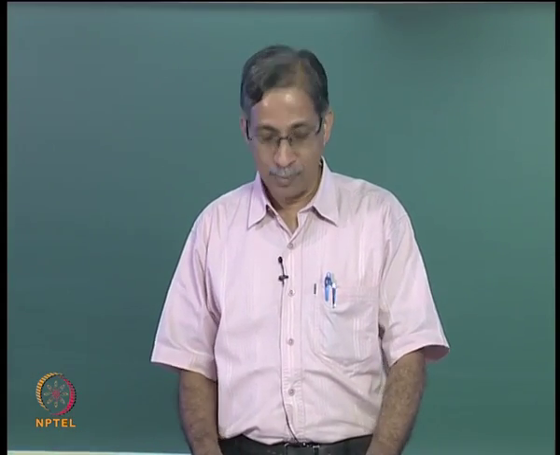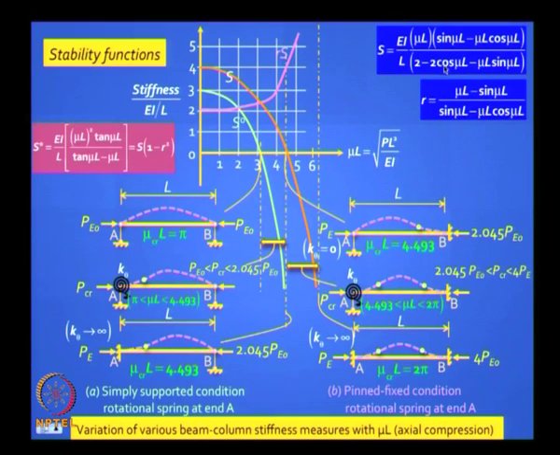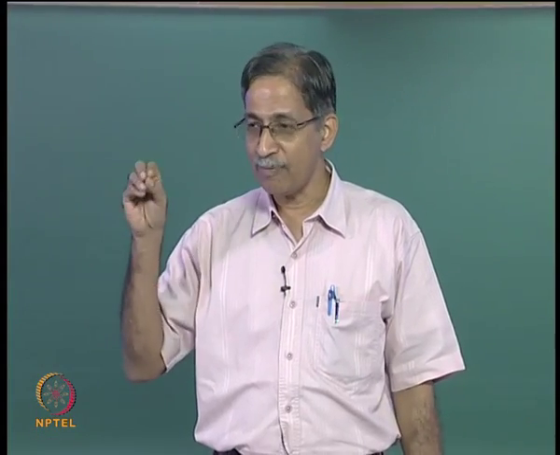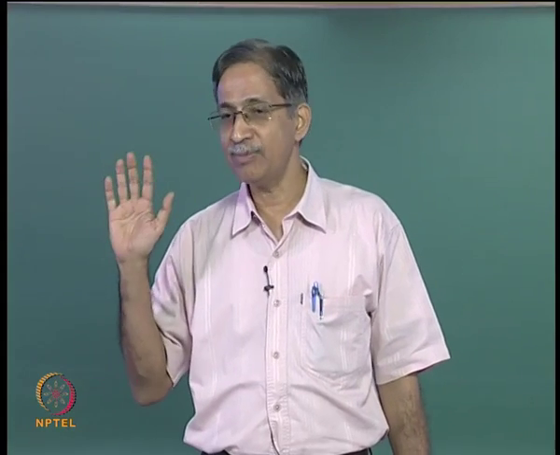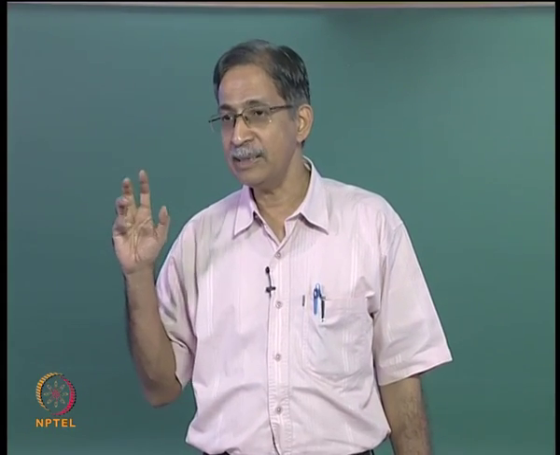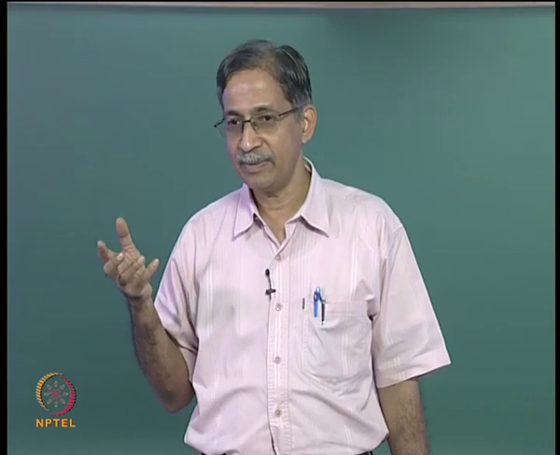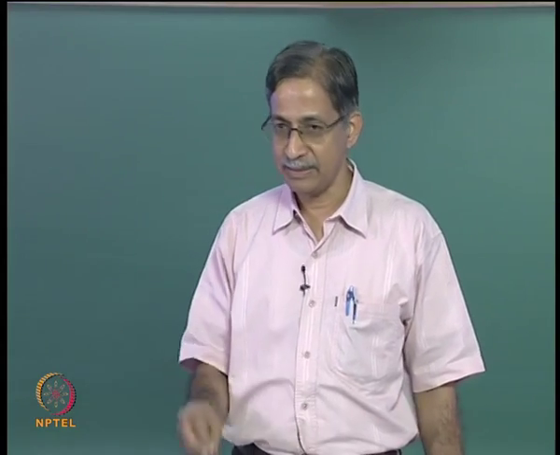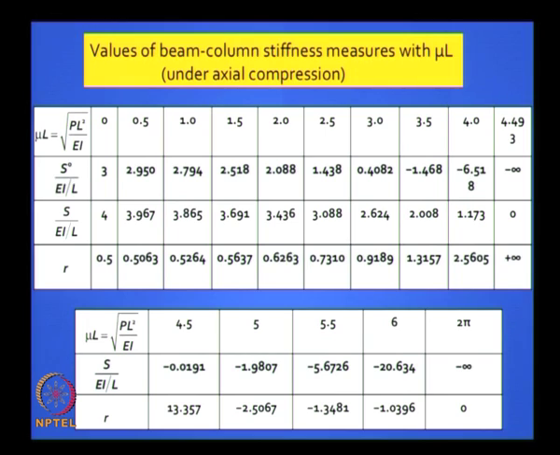Is it clear? So we have these functions, these are called stability functions, S, R and S naught. They are a function of a parameter called mu L. That's all you need. You can program it. So if you give me P, if you give me L, if you give me EI, square root of PL squared by EI is mu L. That's my parameter for figuring out what is this stiffness measure. The stiffness measure will be related to 4 EI by L, 3 EI by L, 2 EI by L. Is it clear? So to sum up, you can make a table and generate these values,